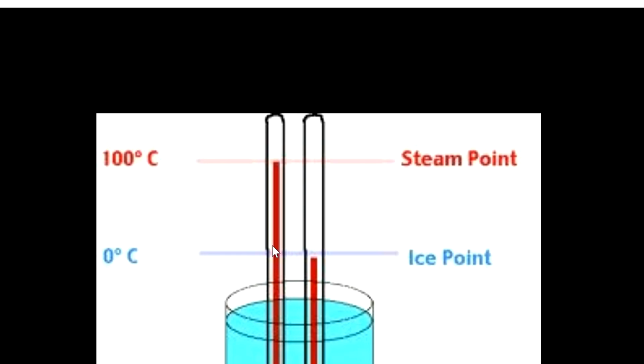And how are we going to write the overall scale on it? We have seen that it is 0 and it is 100. We are going to divide it into 100 parts. 1, 2, 3, 4, 5, 6, 50, 70, 80, 90, 91, 92, 93, 94, 95, 96, 98, 99 and 100. Now there are 100 divisions, 100 degrees Celsius. 1 division, 1 degree Celsius. 5 divisions, 5 degrees Celsius. 15 divisions, 15 degrees Celsius. 50 divisions, 50 degrees Celsius. 90 divisions, 90 degrees Celsius.